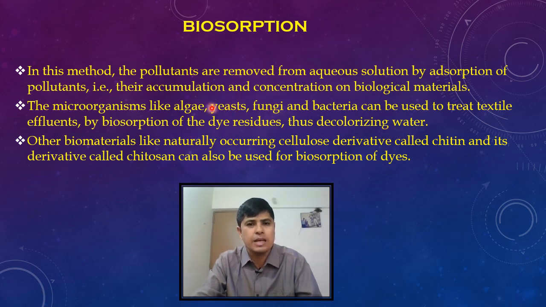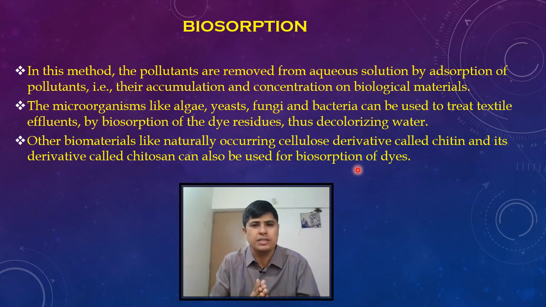Okay, so we can use this type of microorganism to treat textile effluent. By biosorption, the dye effluents will be minimized and there will be decolorization of water. Other biomaterial, like the naturally occurring cellulose derivative called chitin, and its derivative called chitosan, can also be used for biosorption of dyes. So this is biosorption. And combined, that is biosorption and biodegradation, we can say it is a